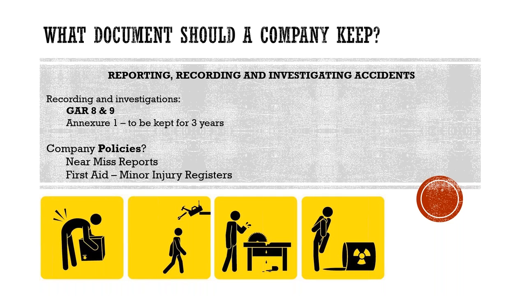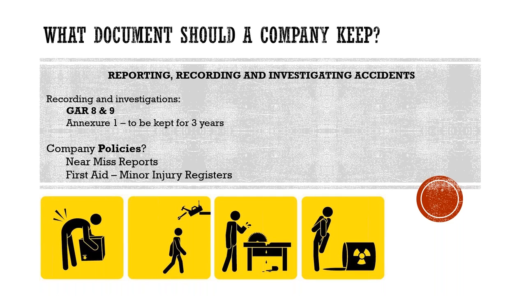Again, this can also just be downloaded from the internet. If you're having difficulty with that, drop us a mail or send us your email asking us for that specific document, and we can get that through to you as well. This is just a 2-page document that needs to be filled out when a Section 24 incident occurs. So we're not talking about minor, near miss, or first aid injuries at the workplace, but we're talking about Section 24